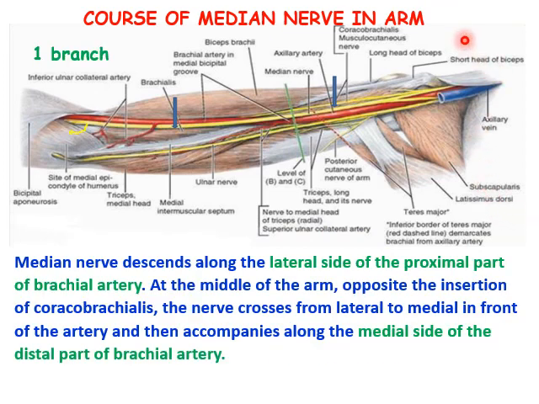So the course of the median nerve in the arm, that is, after it courses along the lateral aspect of the axillary artery from the lower border of the teres major, it also courses lateral to the proximal part of the brachial artery. And in the middle of the arm, where the coracobrachialis insertion also is seen, the median nerve